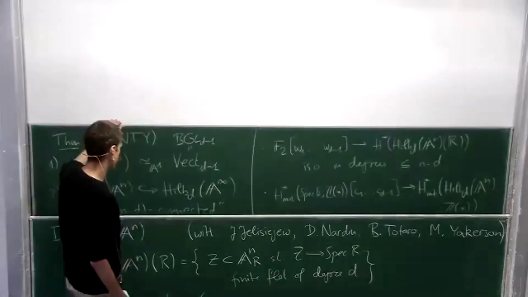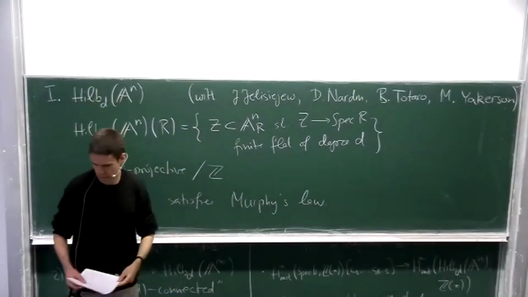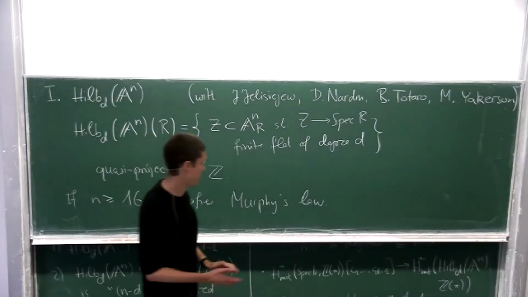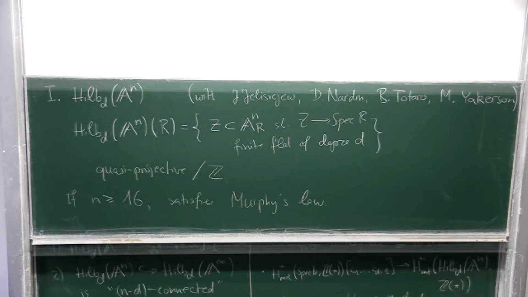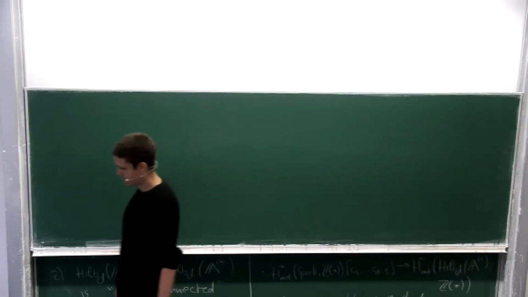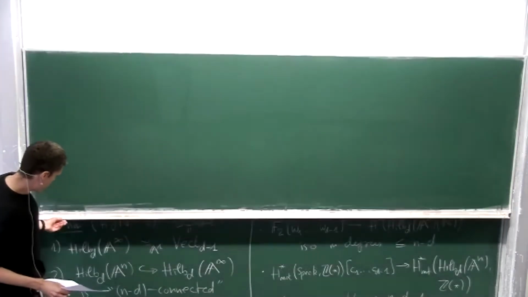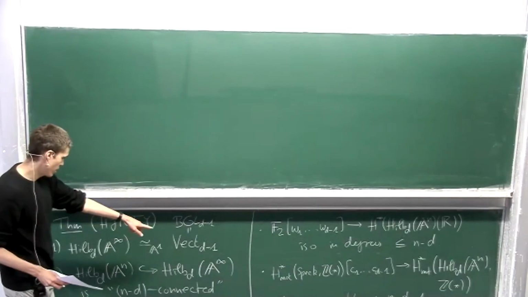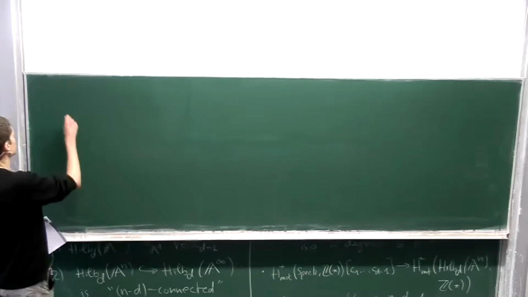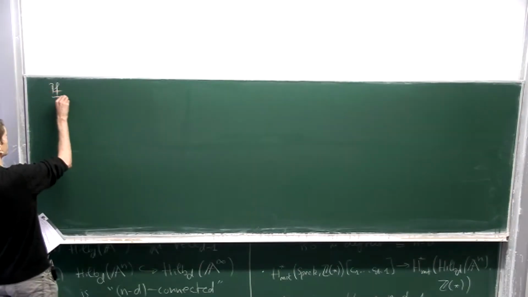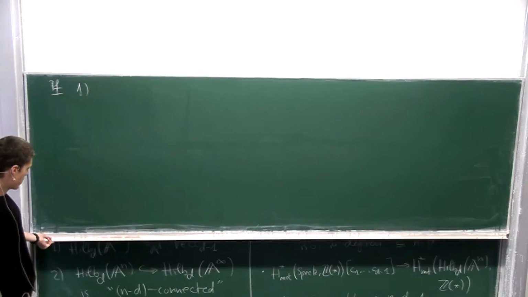So I did want to say something about the proof of this, because this proof is actually quite elementary in some sense, so it's very simple. What about this first statement that says that Hilb of A infinity is just Vect bounded? So let me just say something about this proof. So here what we do is